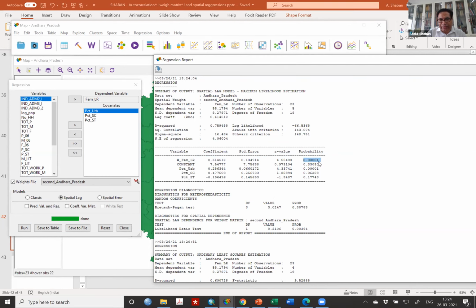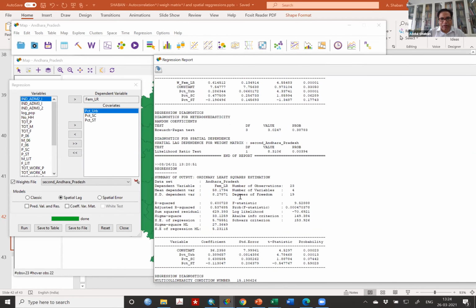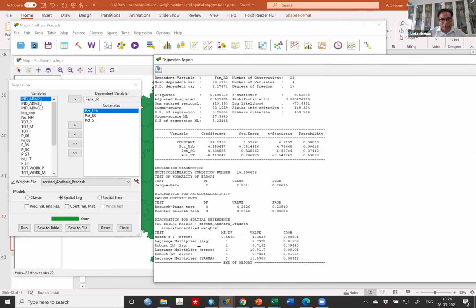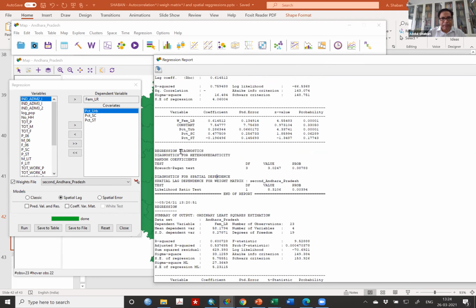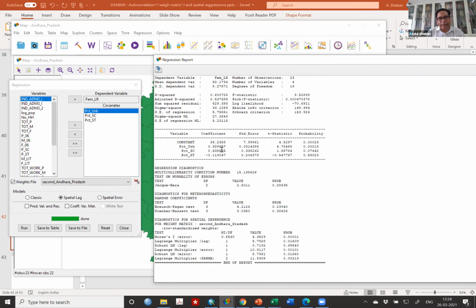Look at the spatial lag. It is highly significant. It means that the districts situated nearby are actually moving together. The spatial lag in the data is already present. Urbanization remains significant. The value does not improve, but percentage of SC further deteriorates. And look at the R square value: 0.759. I think I was interpreting this wrongly. It is actually given down again in the second model. Sorry, the second model has not actually changed.